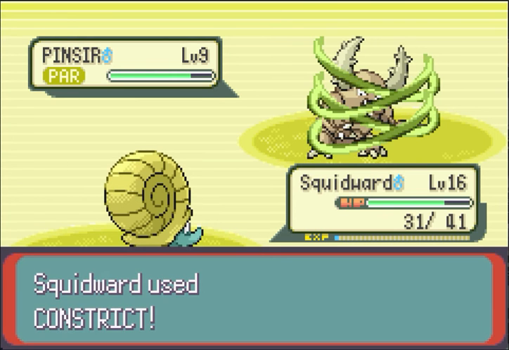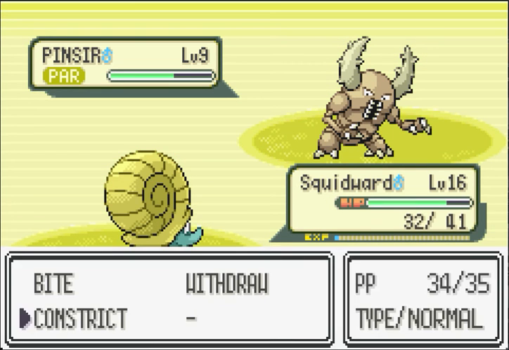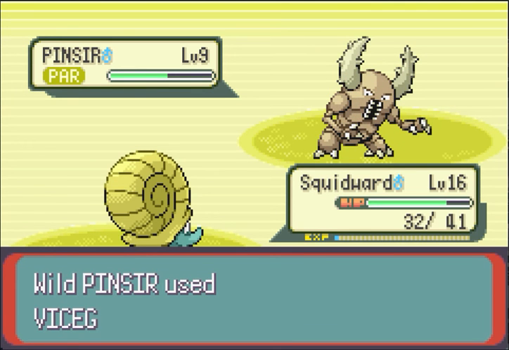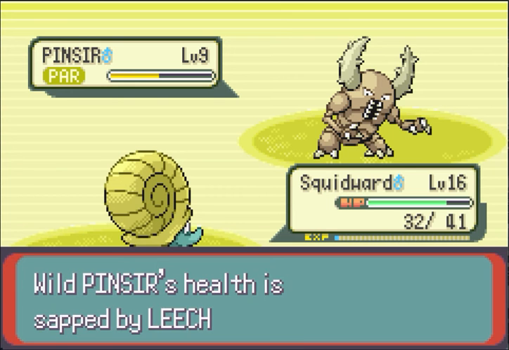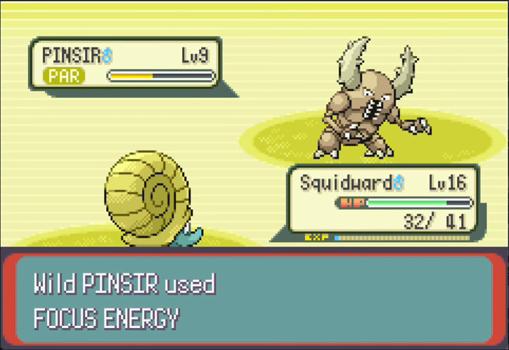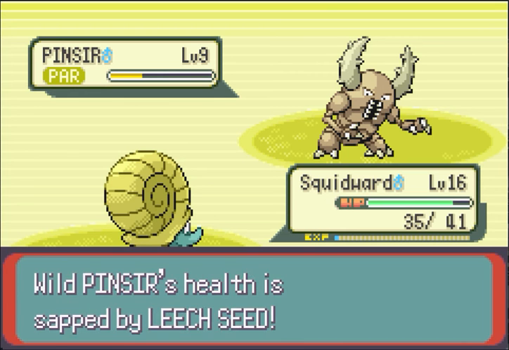And I can Constrict it to do a little bit of damage, just to weaken it a little faster than Leech Seed's doing. Once it gets in yellow, I'll start throwing Great Balls at it. That lowered its speed, not that it really mattered, it was already slower than me anyways. Next episode maybe I'll use Pinsir, just for fun. I don't think Pinsir's all that good. I know a certain YouTuber would hate me for saying that, but...